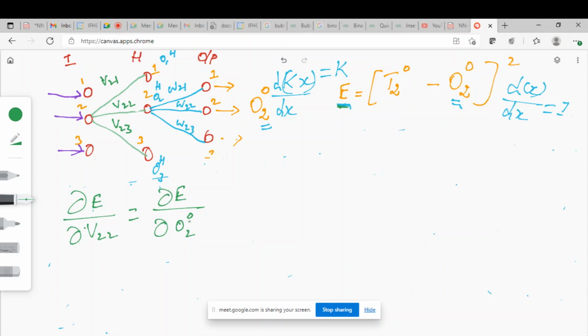And the output of the second neuron of the output layer directly depends on the input of the second neuron of the output layer. So ∂O2 should be differentiated with respect to the input of the second neuron of the output layer. But now we won't take the weight immediately. This weight alone we will take only at the last stage. Leaving the weight, this input depends on what?